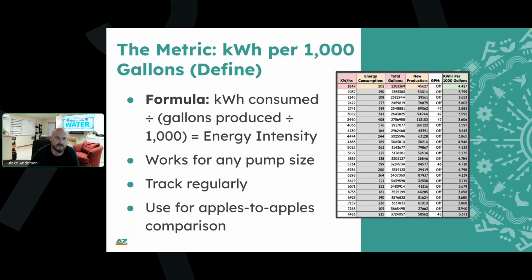And so what you're left with in that green column on the far right is your kilowatt hours per 1,000 gallons. And so you really want to, as you're doing this, have some sort of spot where people can keep notes on the operating context. So dates and seasons are important, but also if you're changing your tank set points or run times, you want to document that so you can explain what those changes are.